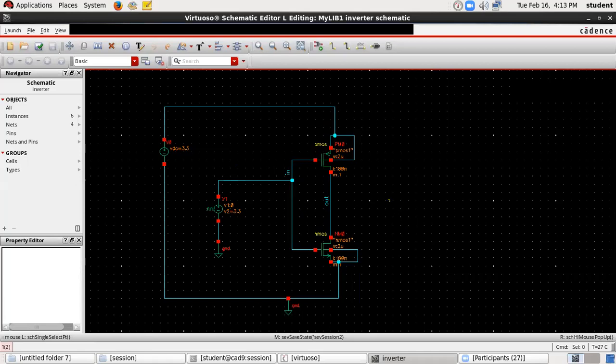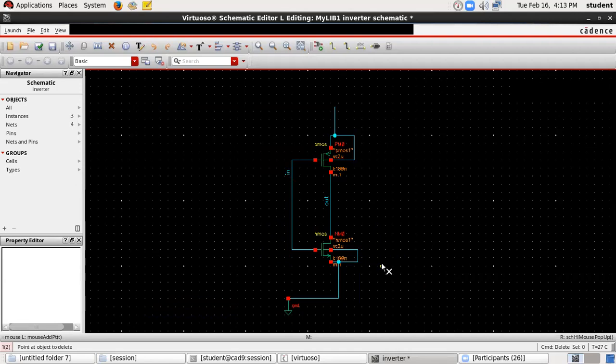If I want to generate a layout or create a symbol for this, the first requirement is that you should not have any power supplies here. So you can just get rid of that. You can keep them if you want, but mostly we'll omit them. So this is our circuitry. The remaining voltages were just for testing purposes. This is actually what will be present on the IC. Not even the ground. Ground also will not be on the IC. So if you want to create a symbol,